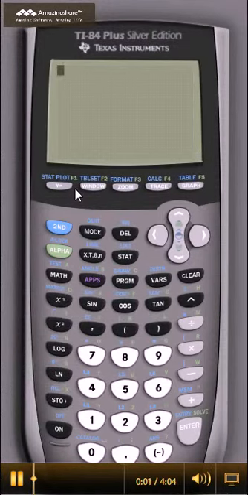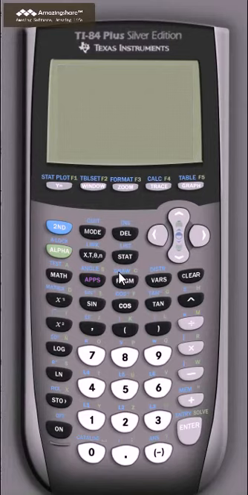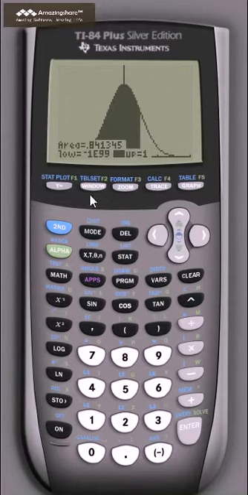Today we're going to be looking at how to use the normal CDF function to find areas under the normal curve. First, let's look at what an area under the normal curve looks like. An area to the left, which is the area given in the Z tables, the area to the left of Z equals 1, or 1 standard deviation above the mean, shows an area of